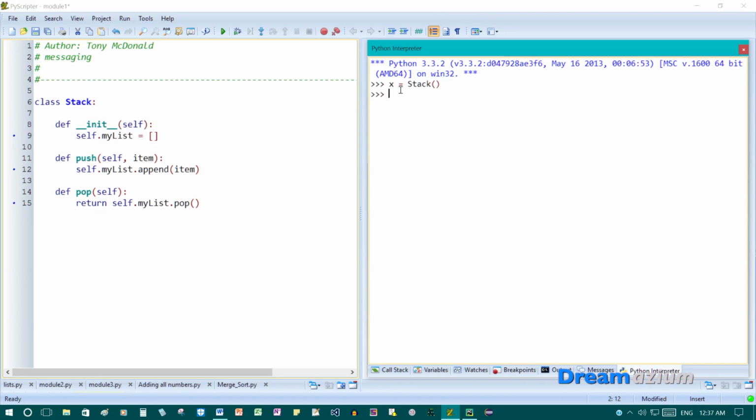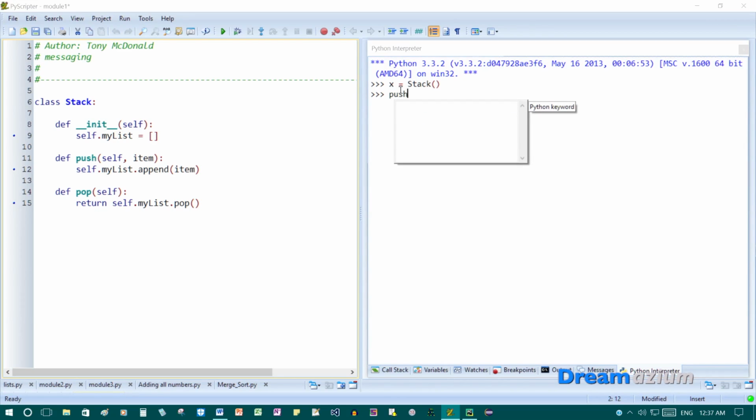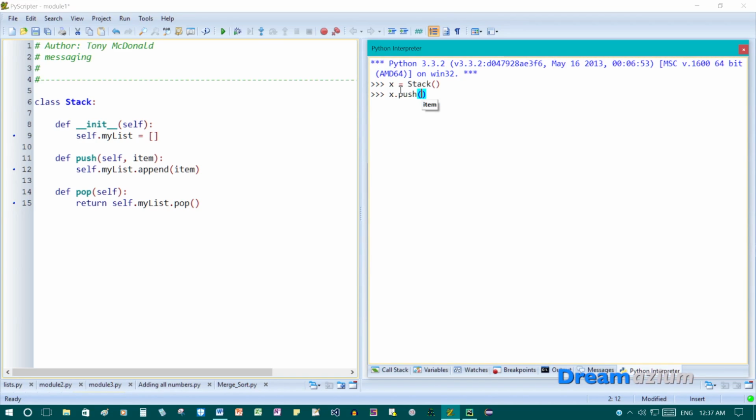Now, if I want to add something to this list, I would use push. Actually, I would do x.push. And I have to add an item, so I'm going to add my name. Now, if we look at this statement here,